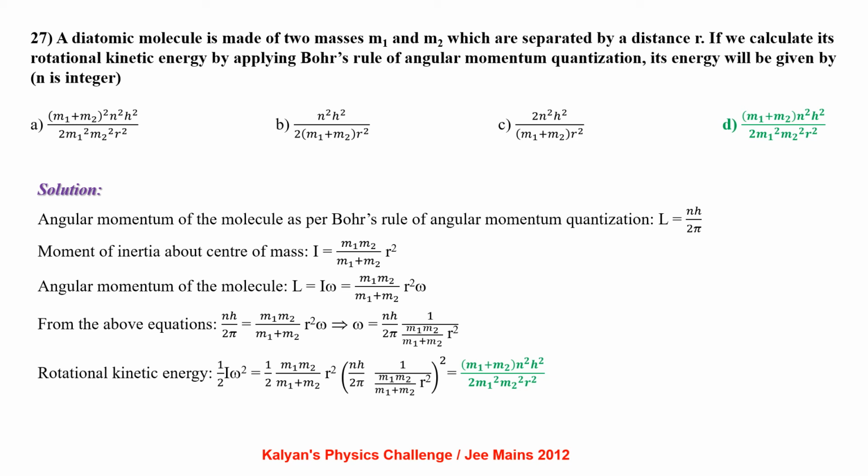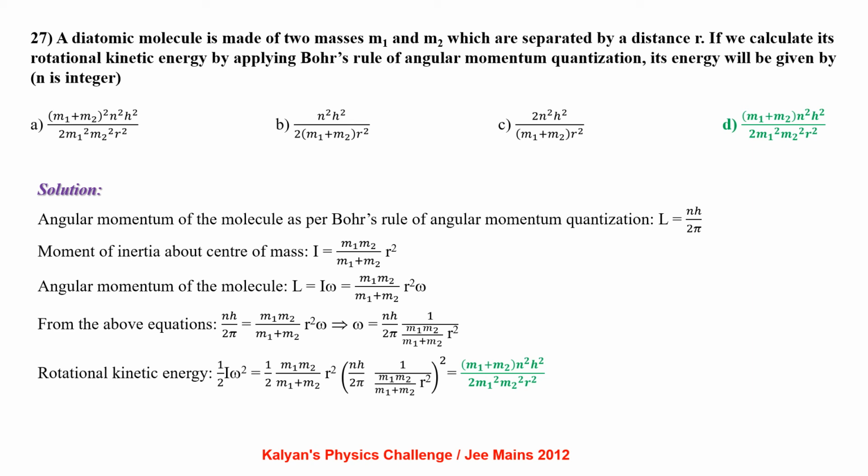Moment of inertia about the center of mass, I equal to m1 m2 by (m1 plus m2) into r square. Angular momentum of the molecule L equal to I omega, that is m1 m2 by (m1 plus m2) r square omega. From the above equations, nh by 2 pi equal to m1 m2 by (m1 plus m2) r square omega,